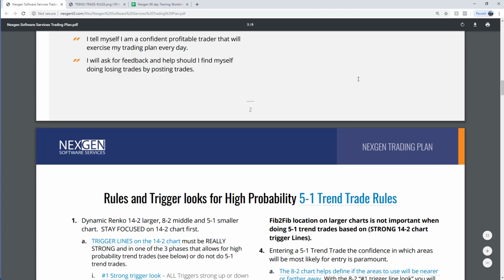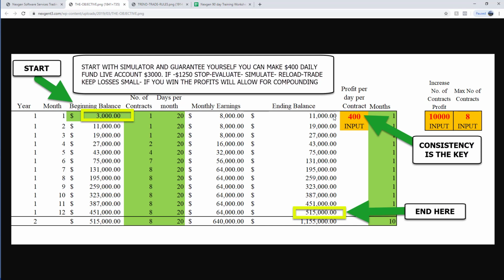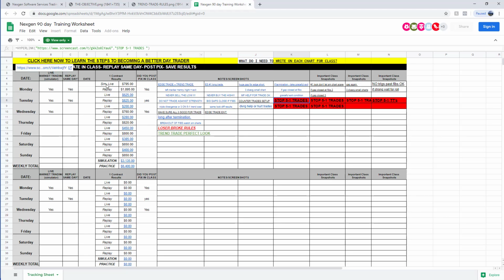The objective is to make $400 on the average per day per one lot. Even if you trade a couple markets, 400 total. You can make 200 on gold, 200 on crude, whatever. Couple trades, you're up 2 trades, you're up 550 a day. So look, you're up over 20% of the daily goal. It's perfect. You just have to do it 150 days in a row and then start trading live, right? And repeat it. And then this is why we tell you guys, look,